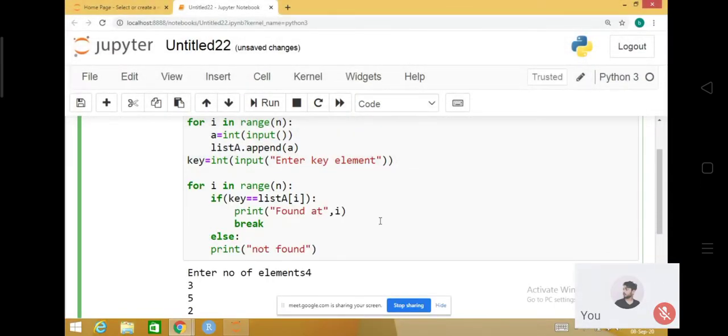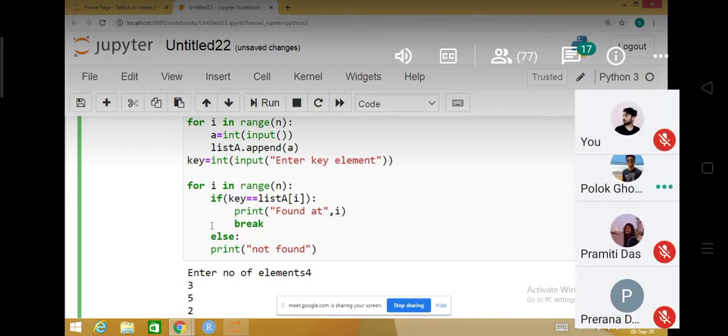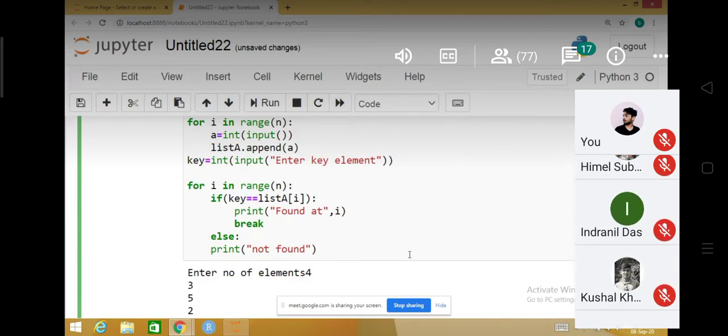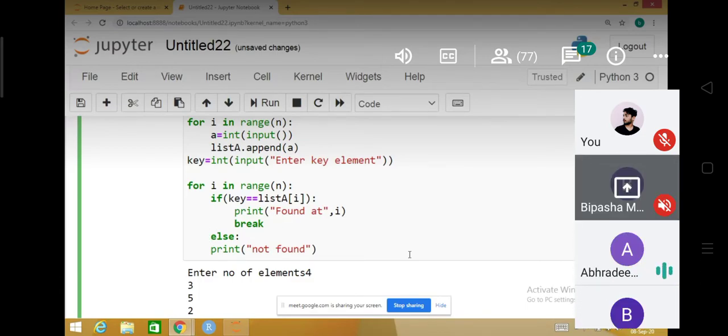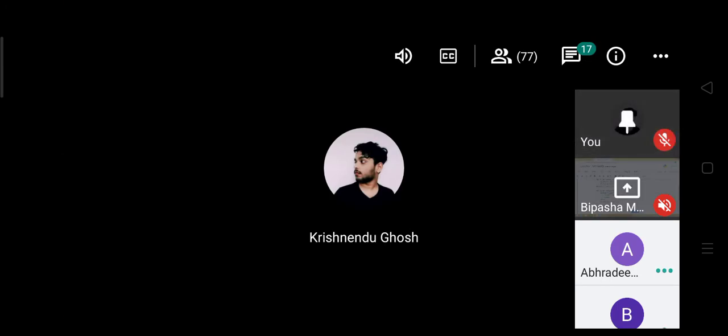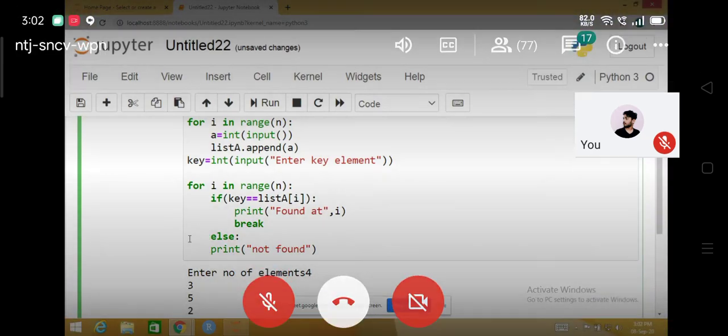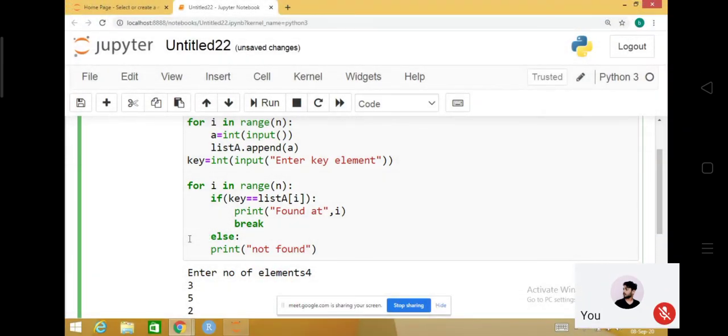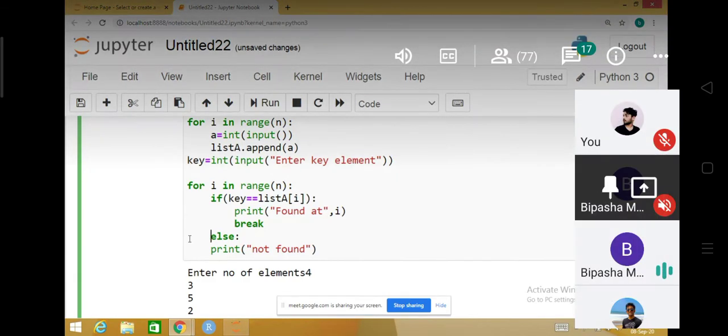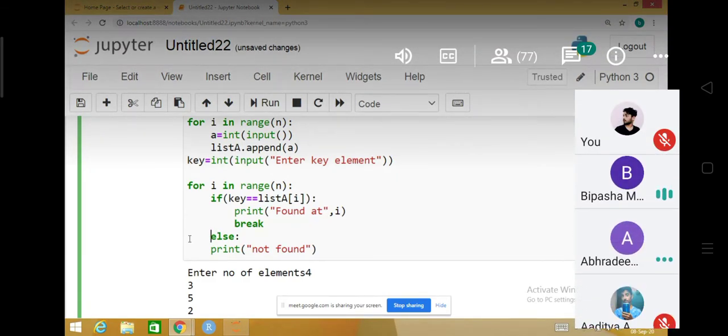But now all the suggestions are welcome. So where should I write the else? Ma'am, this else part should be outside the loop. Yes, ma'am. If the else is outside the loop, then it would not run because there is no if statement for it outside. That is the point I am telling, but he does not agree with that.